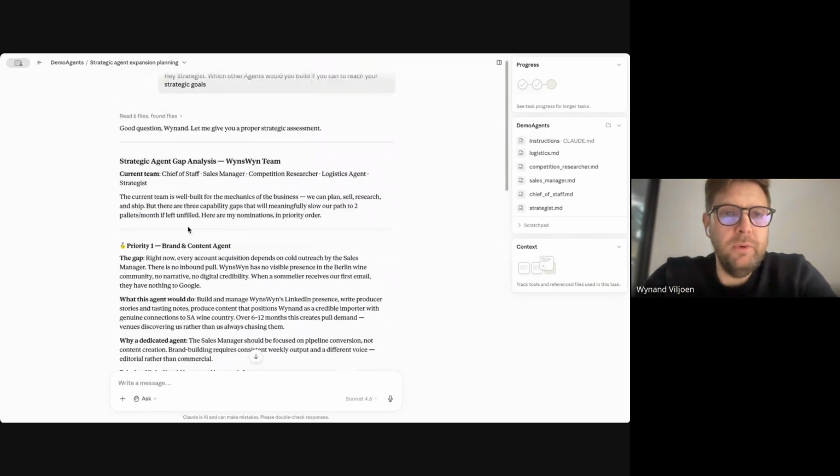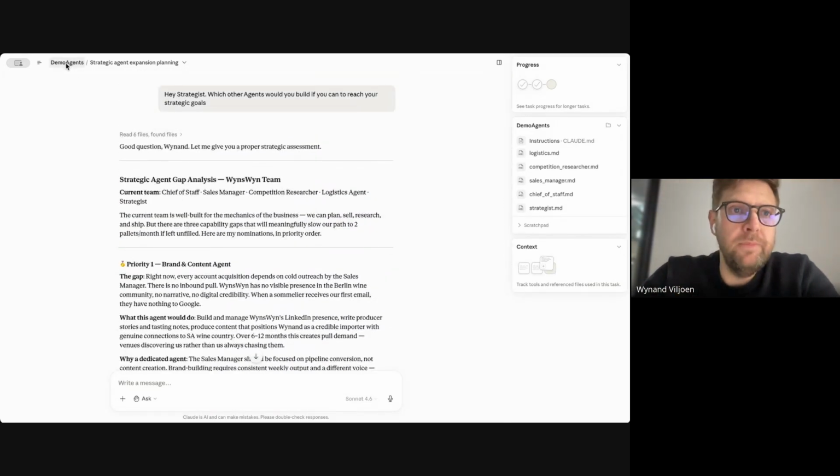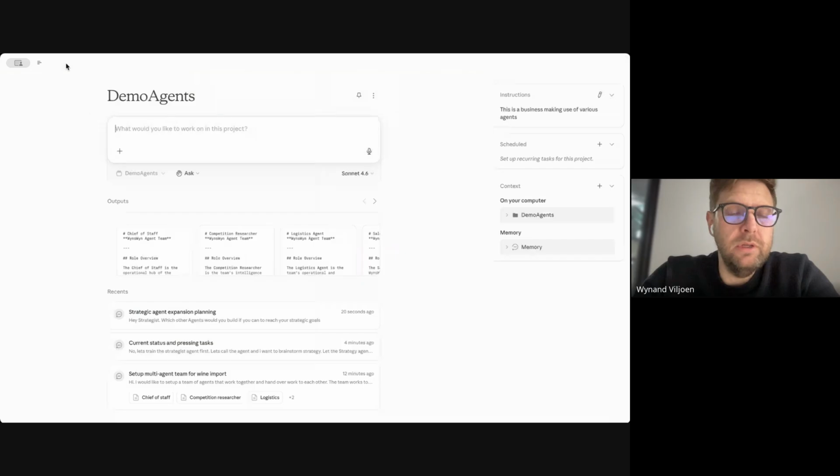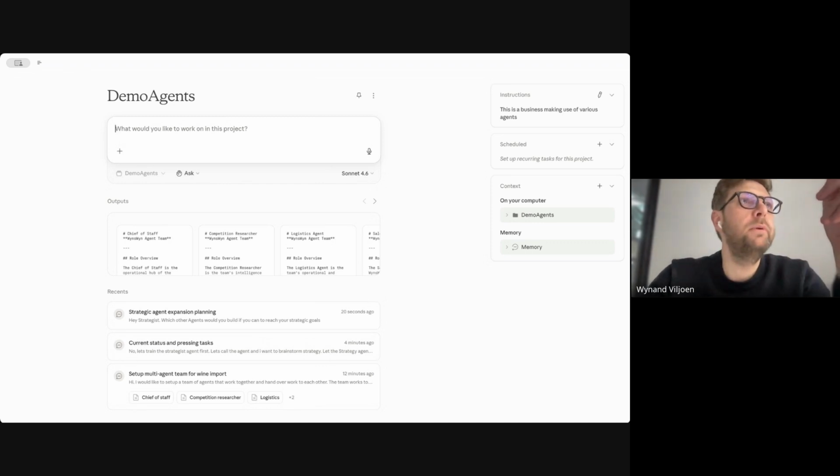But what I want to do for now, I want to quickly show you also the power of Claude Cowork. So what I want to do is, I'm just on my other screen. I'm going to open up a browser window, because I want to show you when my agents are actually accessing the web. So I'm just going to move this like this. Okay. So what I'm going to do is